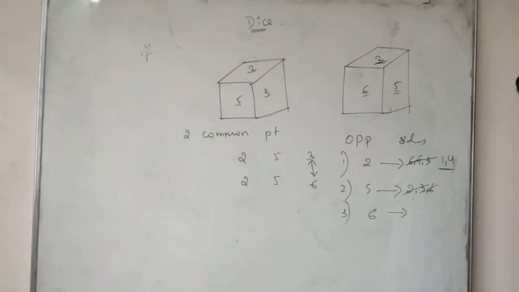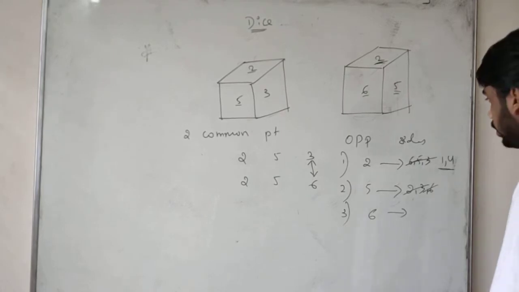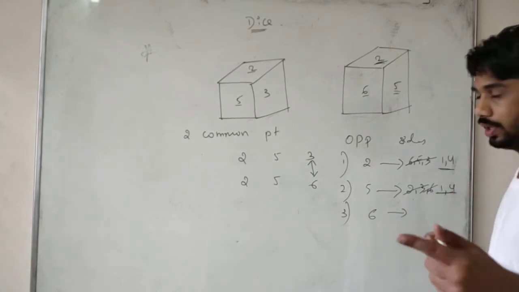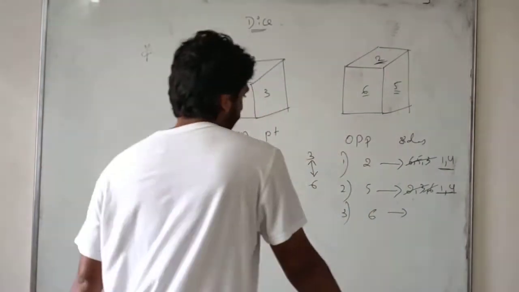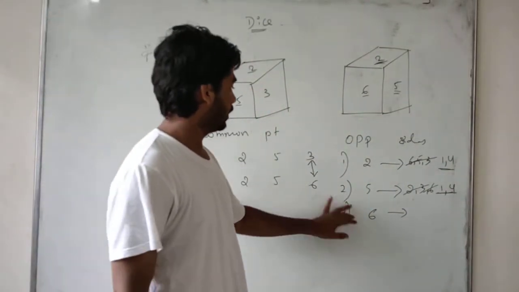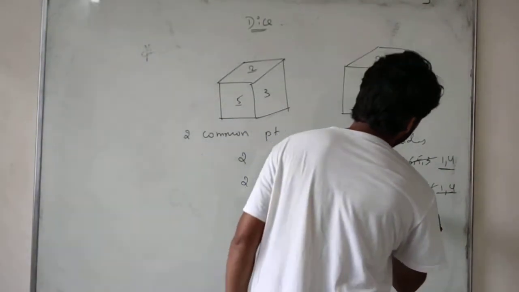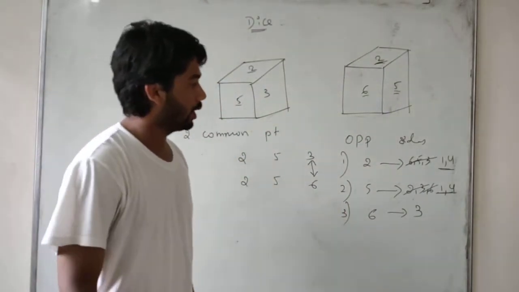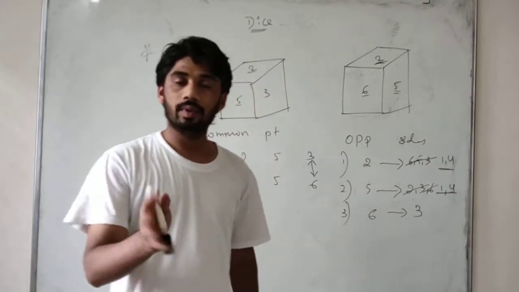Okay. Now the remaining numbers are 1 and 4. In any condition 1 and 4 will be there. Okay students, now what is the opposite of 6? Directly we can get it as 3. This is the question's solution. So in this question we can say that either 1 or 4 will be a possibility.